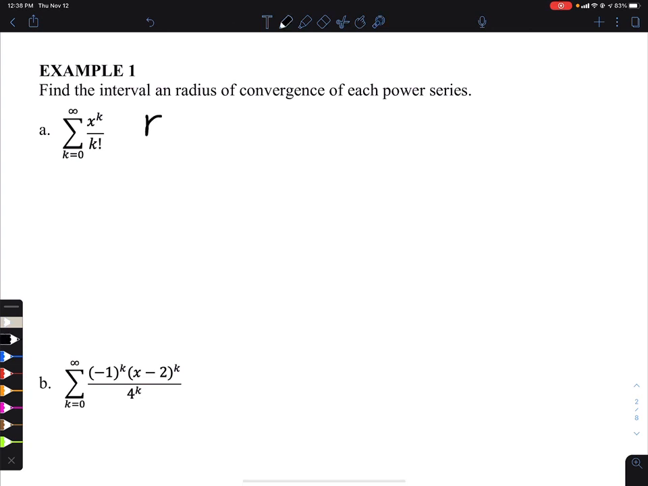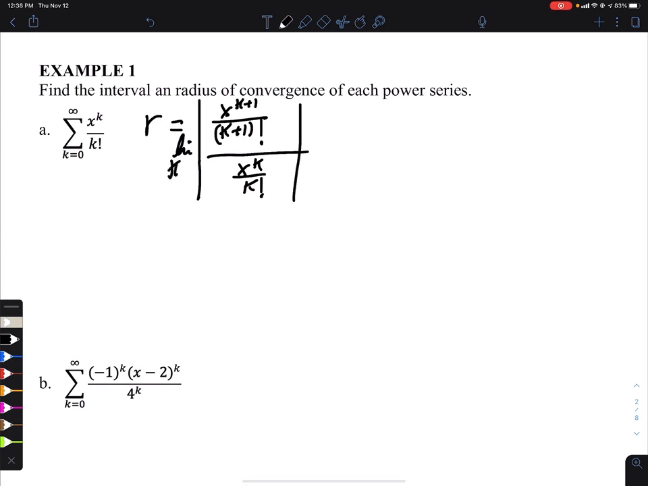So we're doing absolute convergence, so we're going to use absolute value. We're going to take a sub k plus 1, which is x to the k plus 1 over k plus 1 factorial, divided by a sub k, which is x to the k over k factorial, and take the limit as k goes to infinity. Well, we're going to multiply by the reciprocal, so we get x to the k plus 1 over k plus 1 factorial times the reciprocal of the denominator,